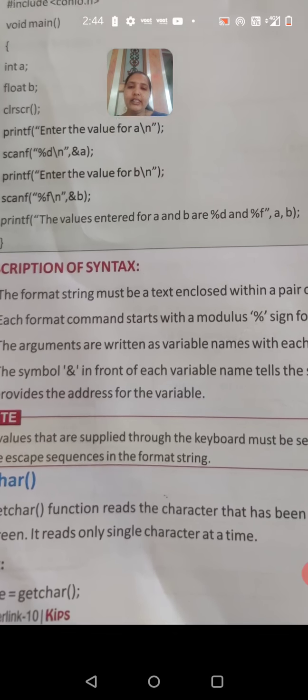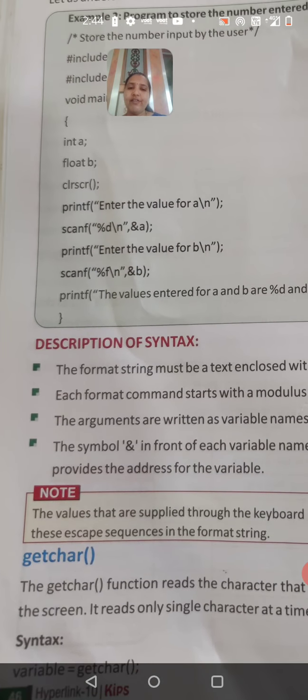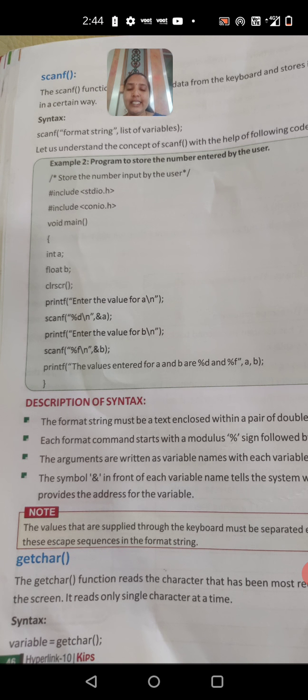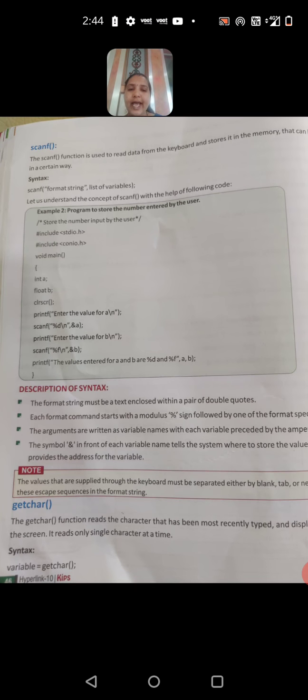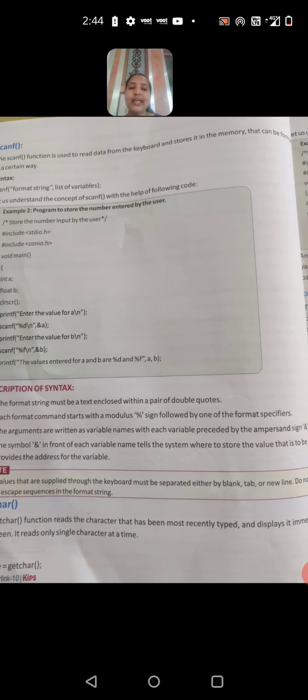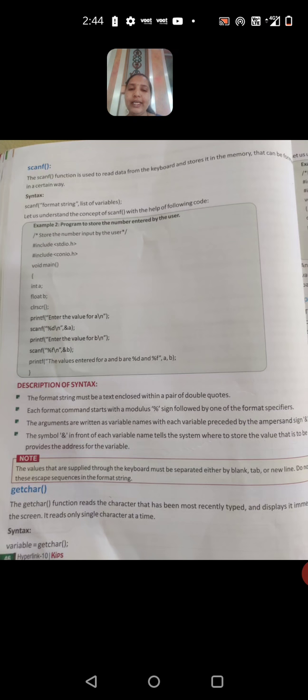Then getchar. See here, this is another function which reads the character that has been most recently typed and displays it immediately on the screen. Whatever input we give to the program, we print it through the printf and read it through the scanf.